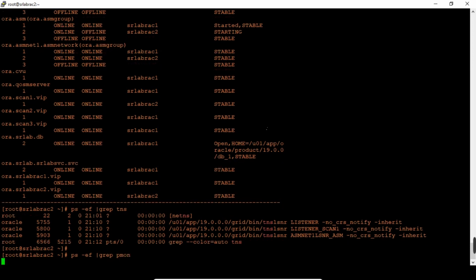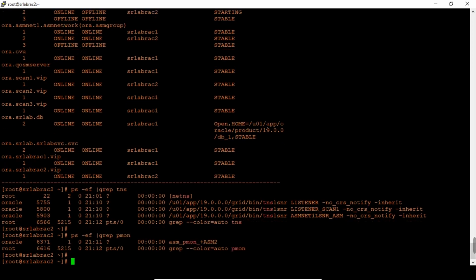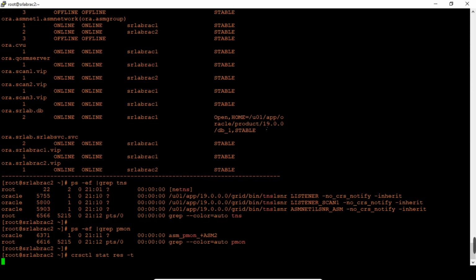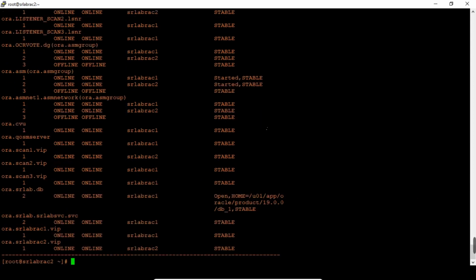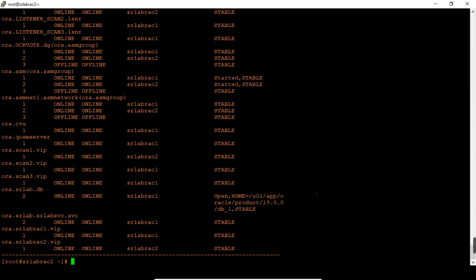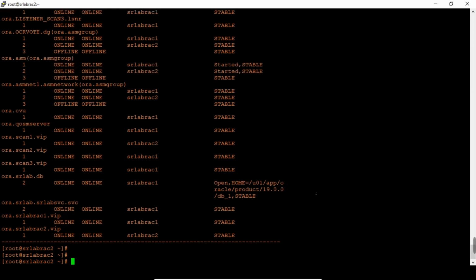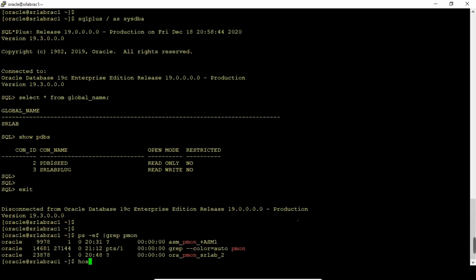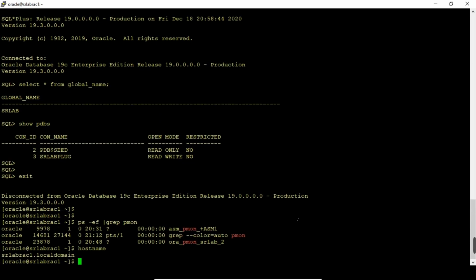What I did earlier: the database services were running on node 2, and I switched off that VM, so abruptly brought that VM down. All the services were relocated to node 1. So the failover we have done has completed. Now relocating the DB services.